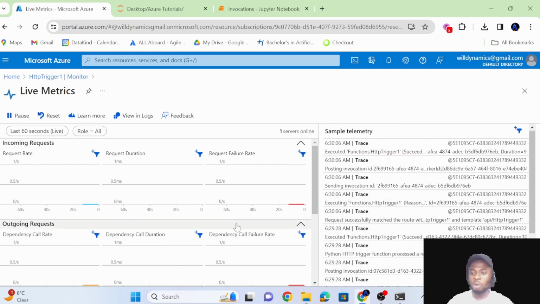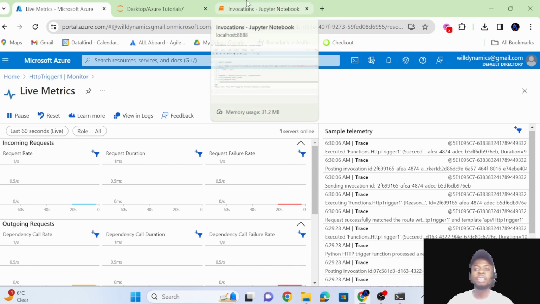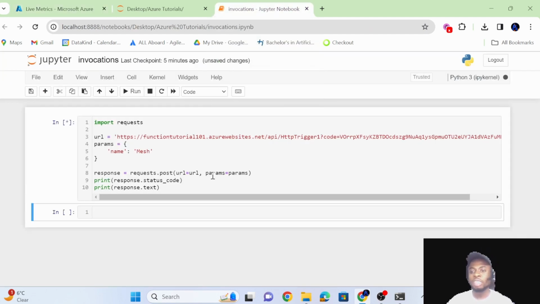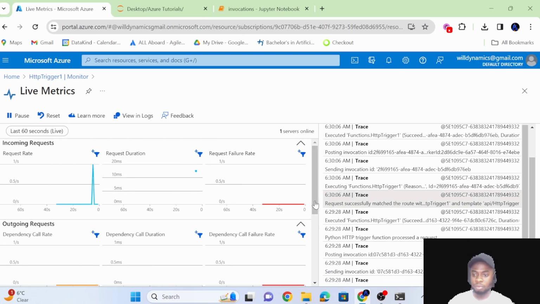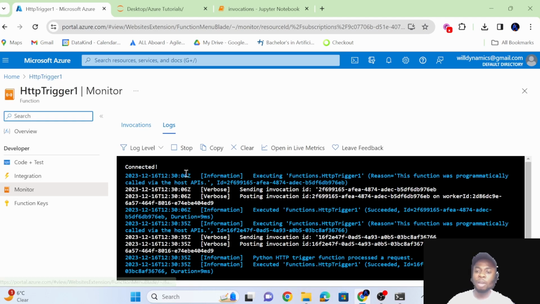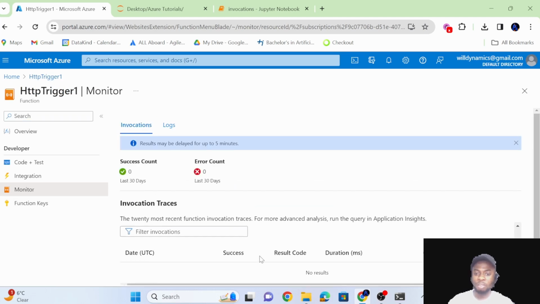And this shows you how the telemetry works, how you can monitor the performance of your function. You can monitor the incoming request rate. You can monitor the failure rate. You can monitor virtually everything. Yeah, I make a request there. You're going to see how that will report live here. And you can see that it's actually tracking the request in real time. Let me go back to this and see if we have our logs ready. Still not ready. In the next video,